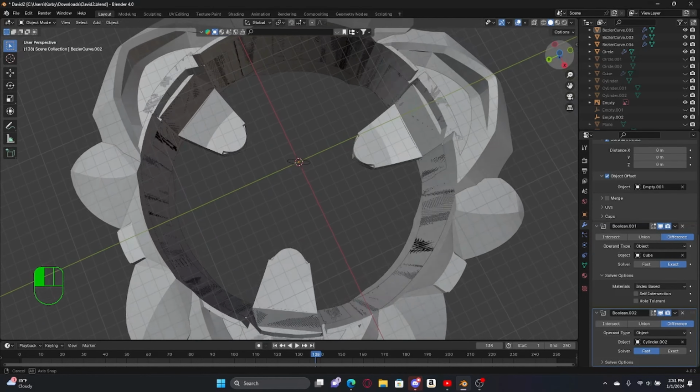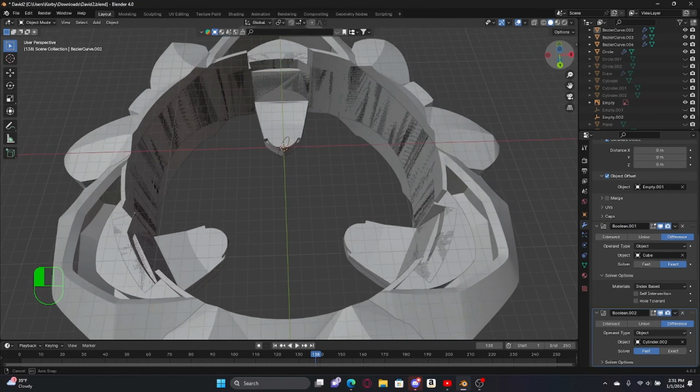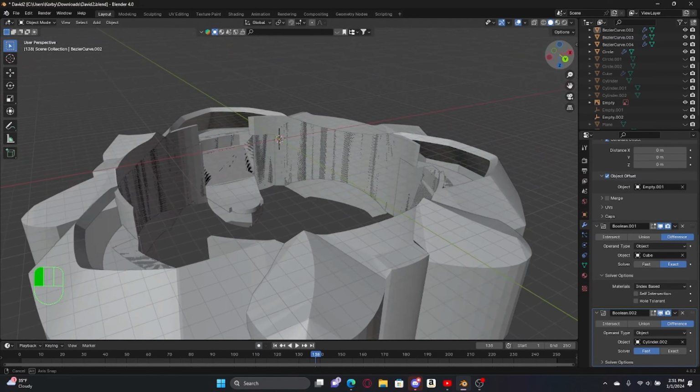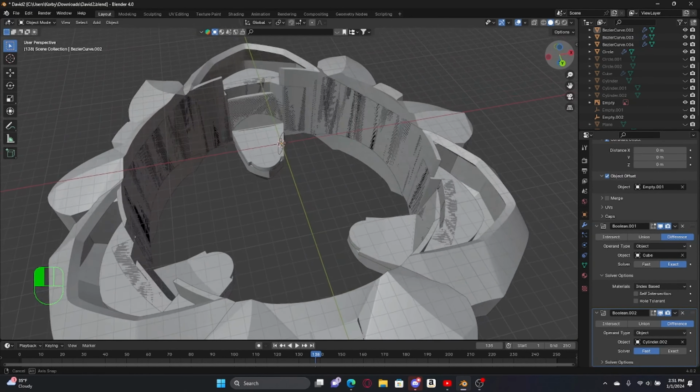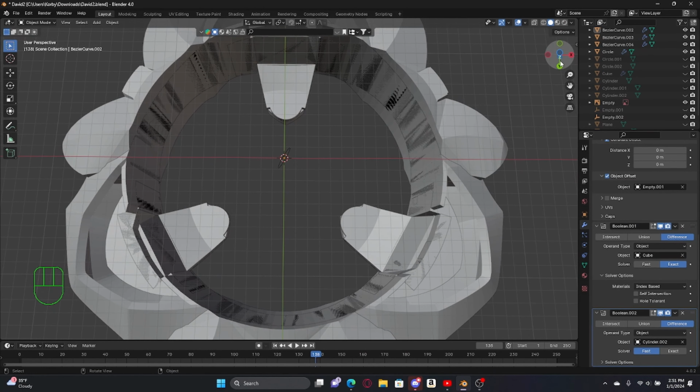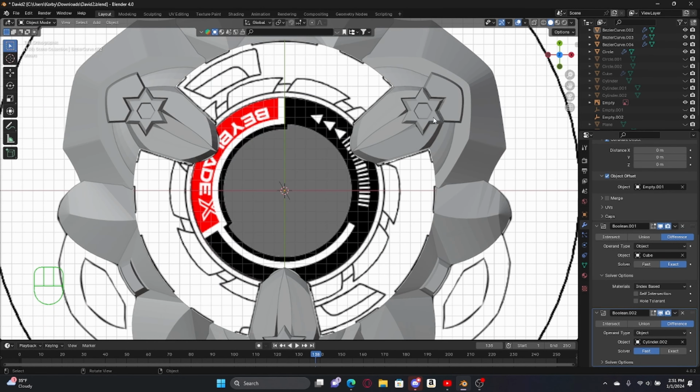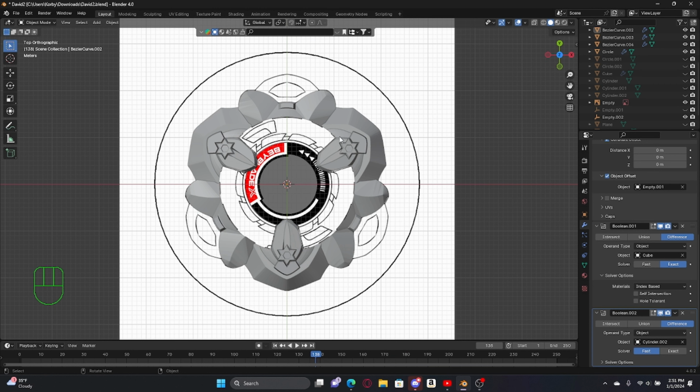Anyway, I believe that'll be it. I'll just leave the video off so you can see if there's any inaccuracies to it. Ignore all this black and gray. That's just how the model is when interfering with itself. Anyway,